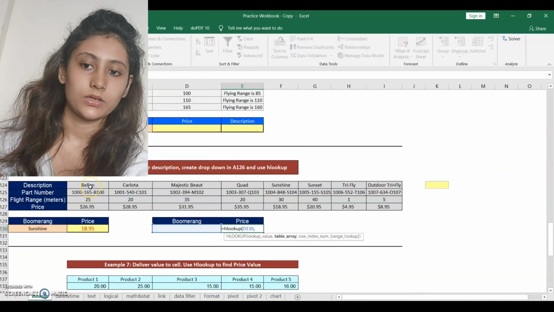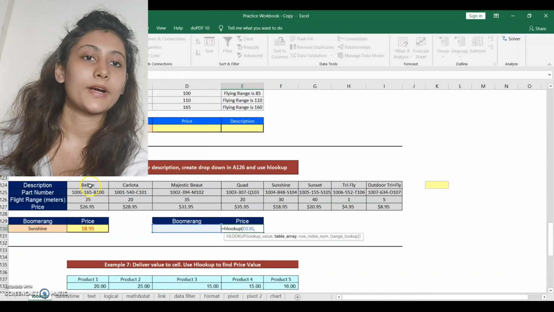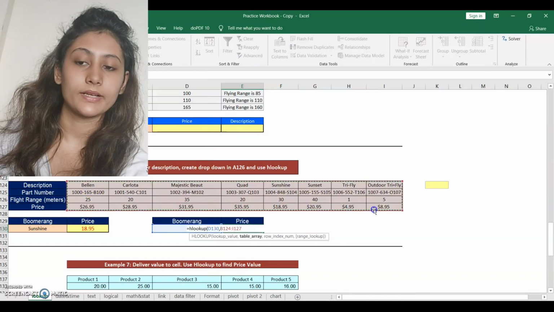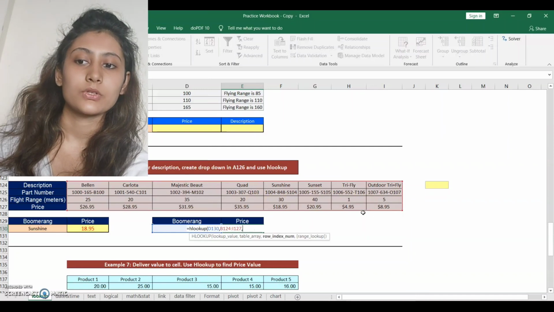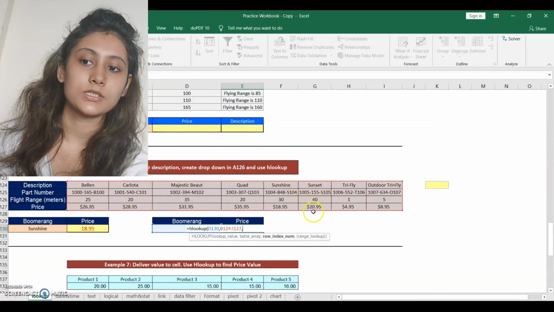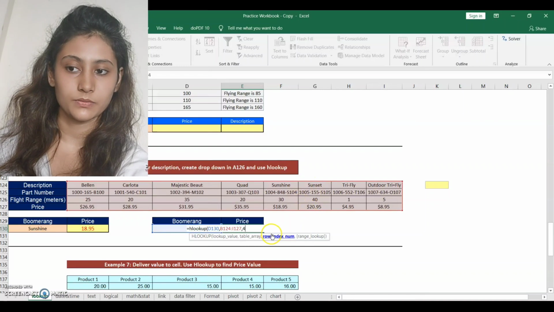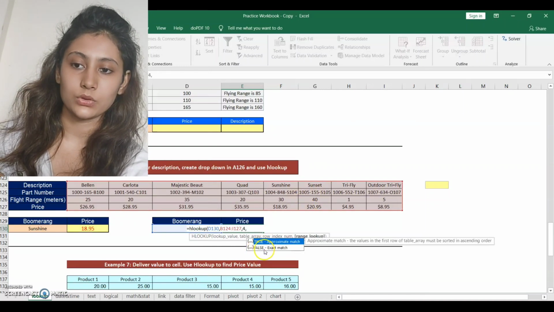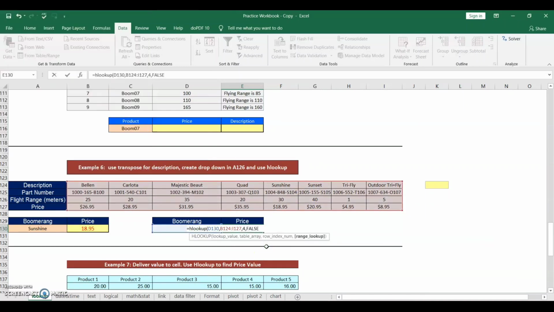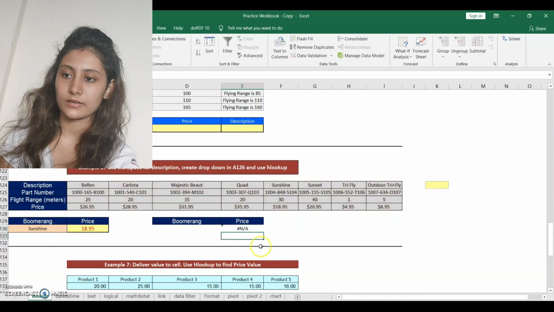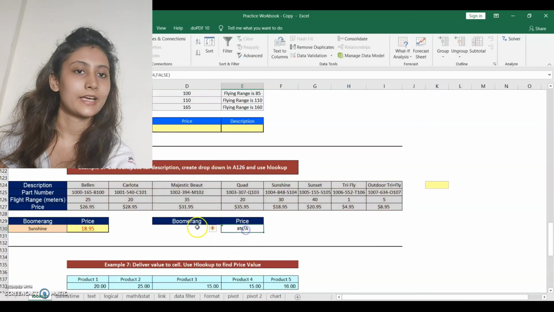Then we want to find the exact match, we do not want something approximate. Right now it is not applicable because we have not selected any value in the drop down list. So here we are selecting Carlotta. So accordingly the price of Carlotta, that is $28, has been displayed.